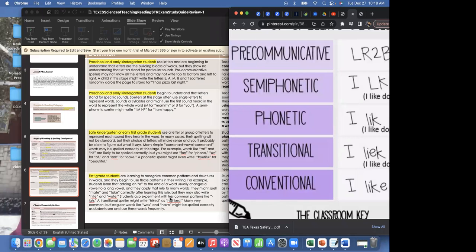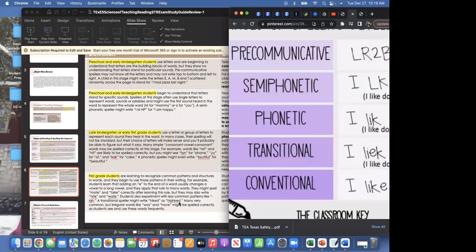Students also experiment with less common patterns like IAH. A transitional speller might write the word height as HIAHKED. They're hearing more of the nuanced phoneme in there, and they know more about paired or vowel